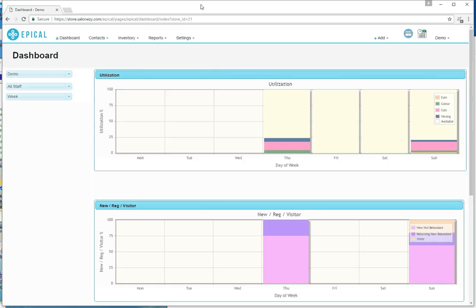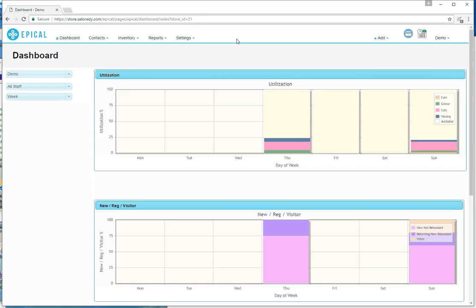As a new user, there are a few things that are important to get yourself going on Epical. So this is the exact right place to start to know exactly what you need to do. It's a point of sale, appointment book and contacts. So to run your functions in the appointment book as well as point of sale, of course there are